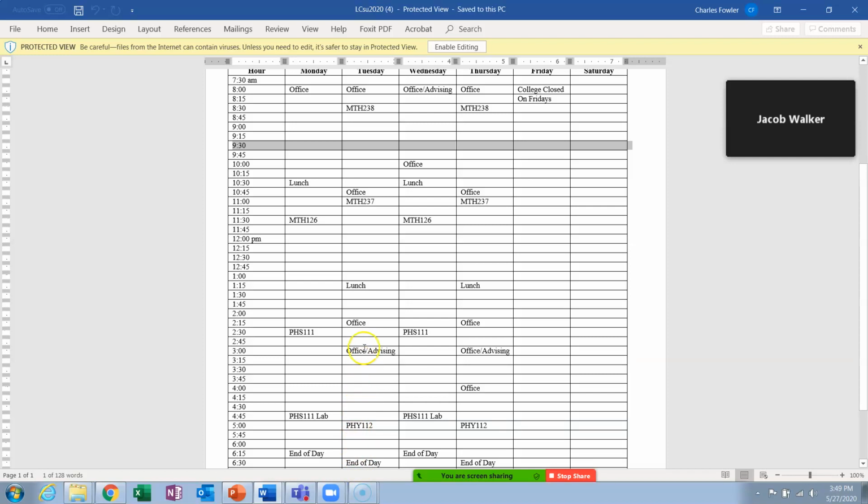So most of the time during this office advising, I'm in the office not advising. For instance, yesterday, I don't think I had a single student all afternoon. This morning, I didn't have a single student. I may have had one yesterday afternoon. And I think tomorrow afternoon, I think I've got one. Okay, so there's not that much. As we get closer to fall term, I'm sure more of these time slots will fill up. But I won't know that until the day before. So that's the difference between office and office advising.